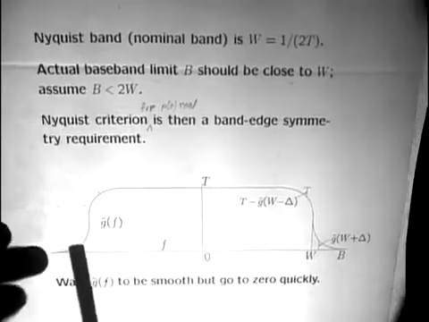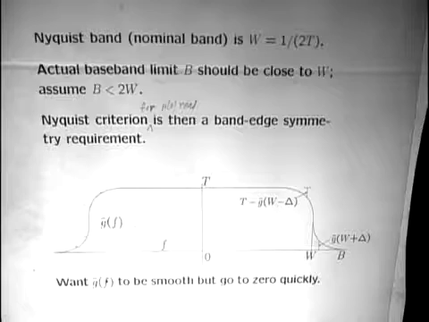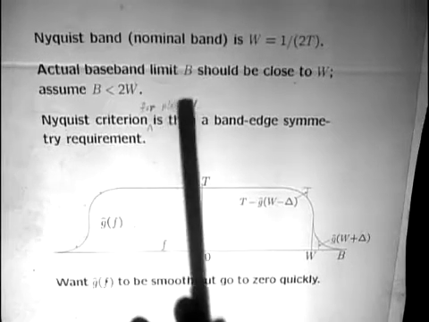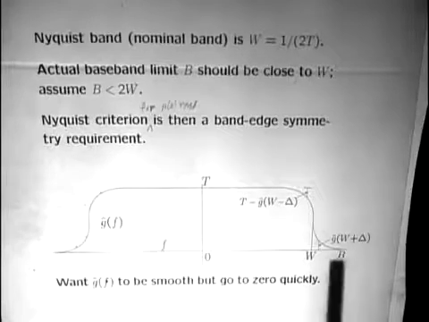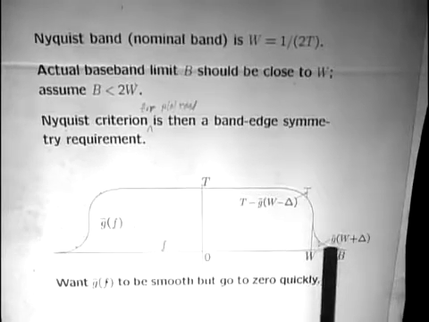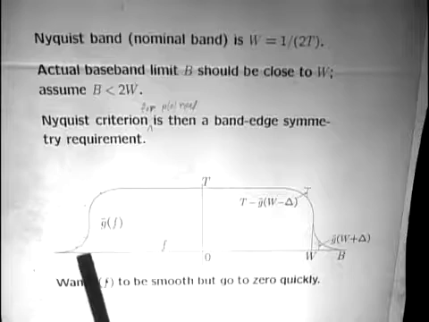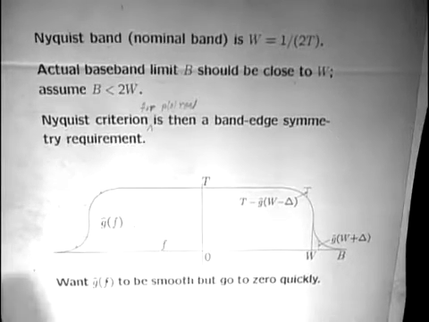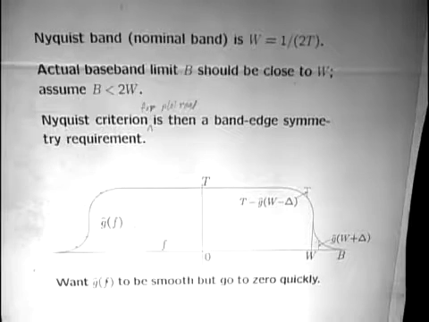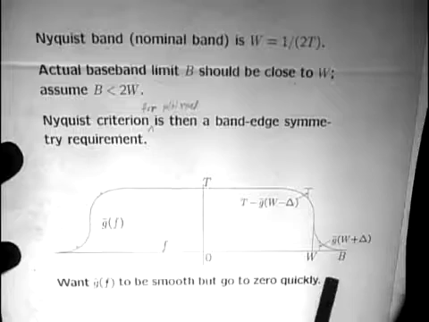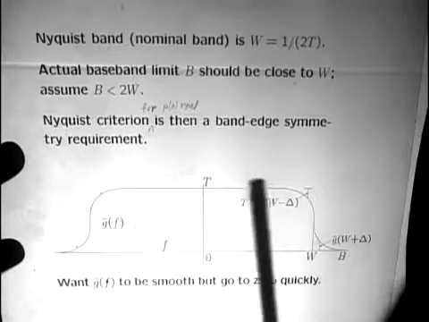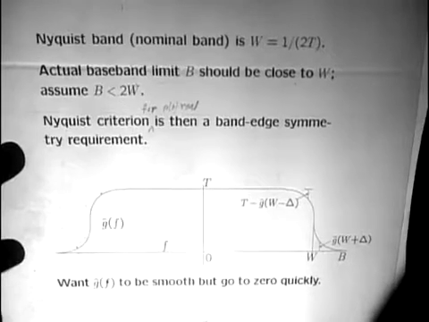You take this, you put it over here and you add it up. And if the pulse p of t is real, then what you have over here is the complex conjugate of what you have here. And if you make this real in frequency also, in other words, you have symmetry in time and symmetry in frequency, then this band edge symmetry requirement is that when you add this to this, you get something which is an ideal